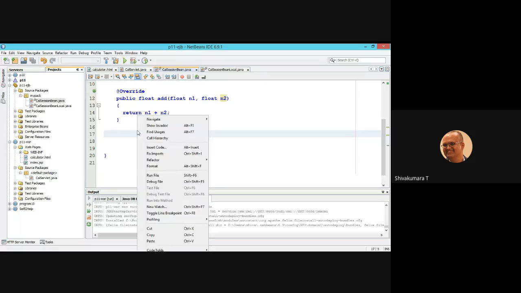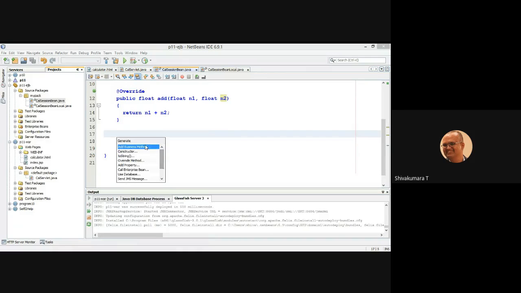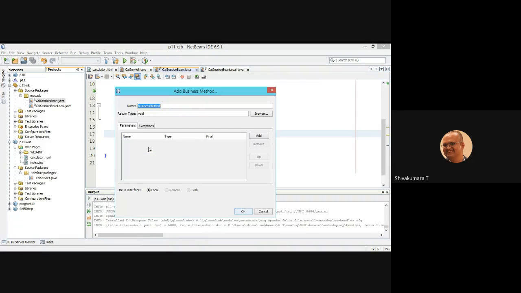Now subtraction. Right click, insert code, add business method, subtraction, return type float, first parameter n1, parameter type float, add n2, type float, click on OK.